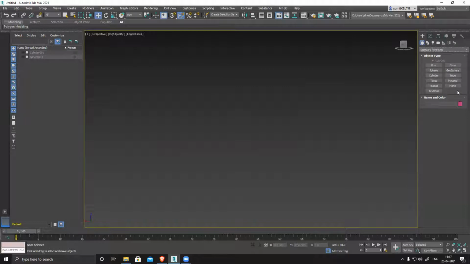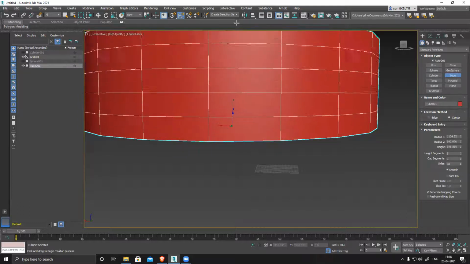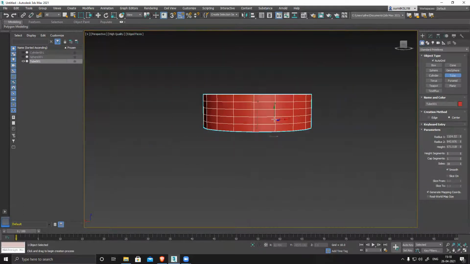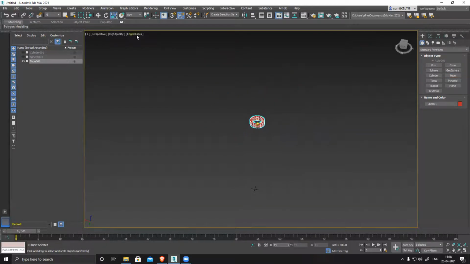So in that case, what we do is we have this tube. So create this. Suppose this is a gun.